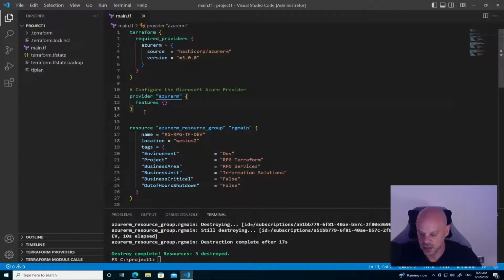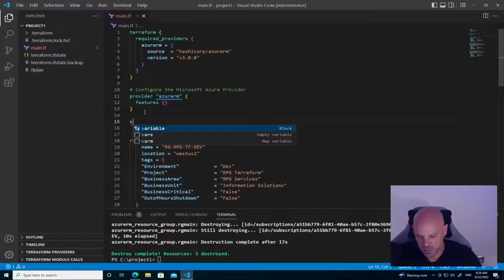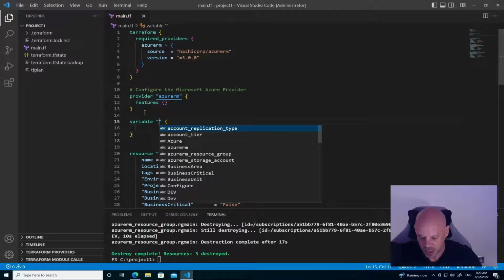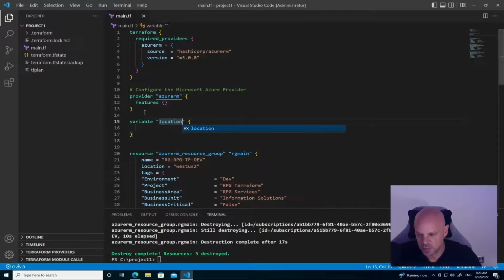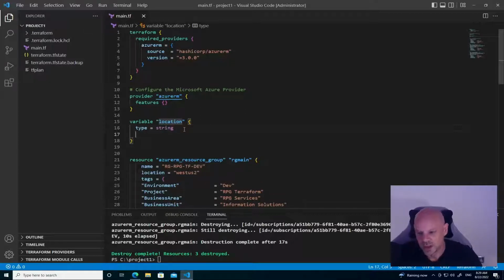What we can do is introduce a new block type of variable, and give that a name of location, for example. We can provide it a type, in this case a string. A string is a sequence of Unicode characters. We can give it a description,